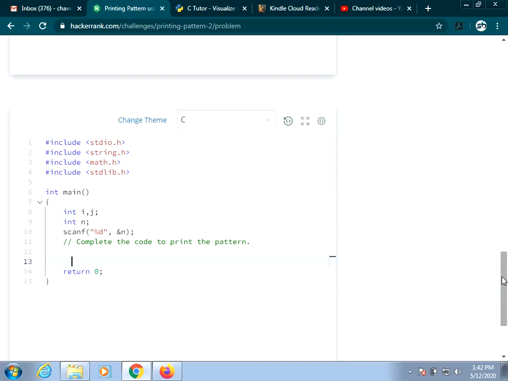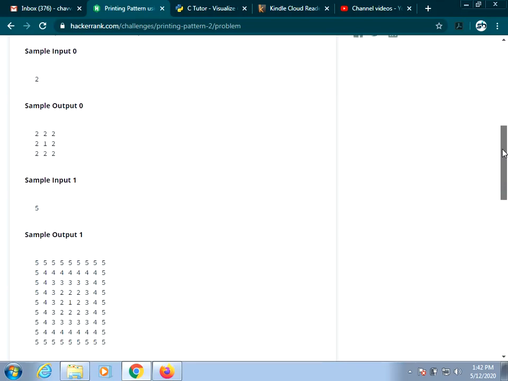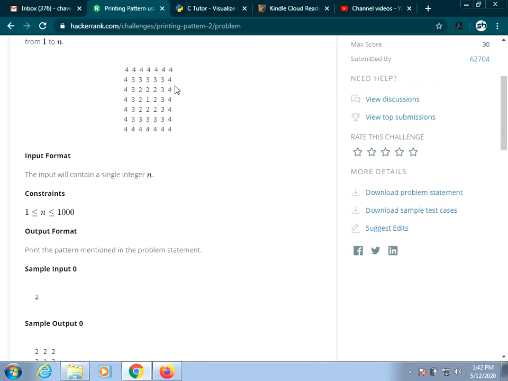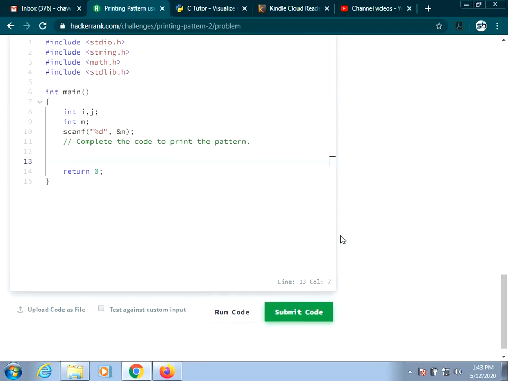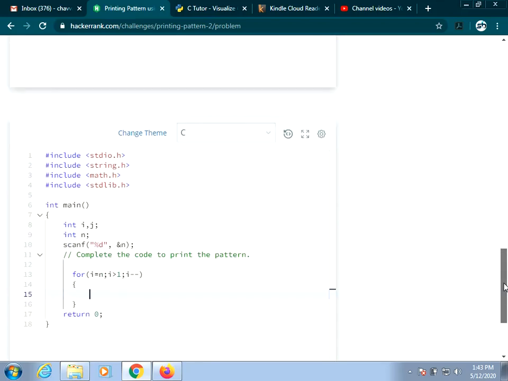So coming to the program, first we will try to print this part, that is when you take a smaller example it will be easy for you. We will first try to print the first 3 lines of your output when n is equal to 4. Okay, for that you have to take for i equals n. n means here now i will become 4, i greater than 1, i minus minus. So this loop is used to print your n value basically.